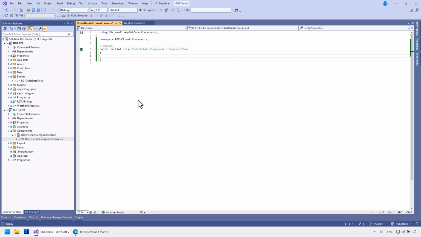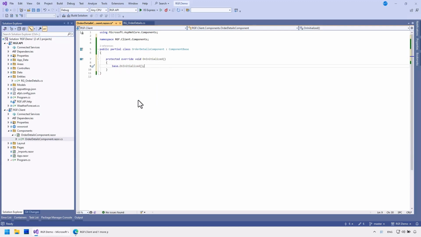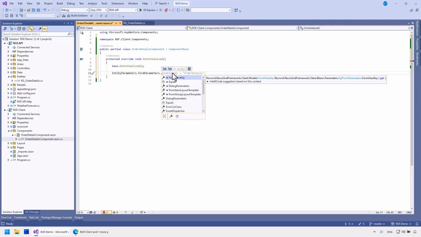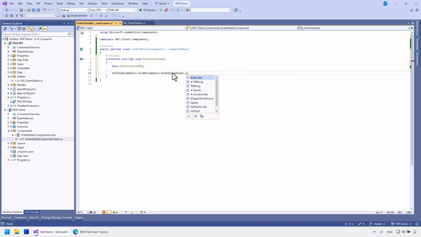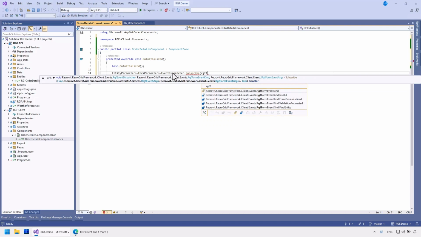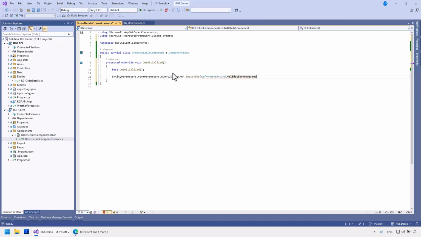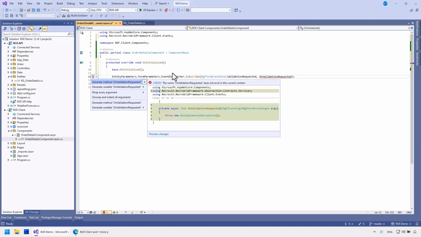Let's see what we need in our component. After initialization, I'll subscribe to the form view validation requested event and generate the method.